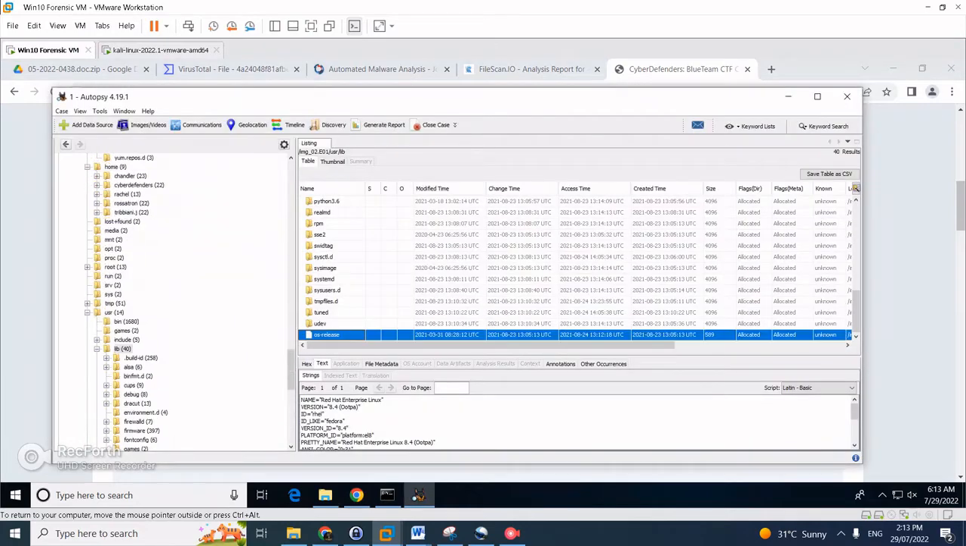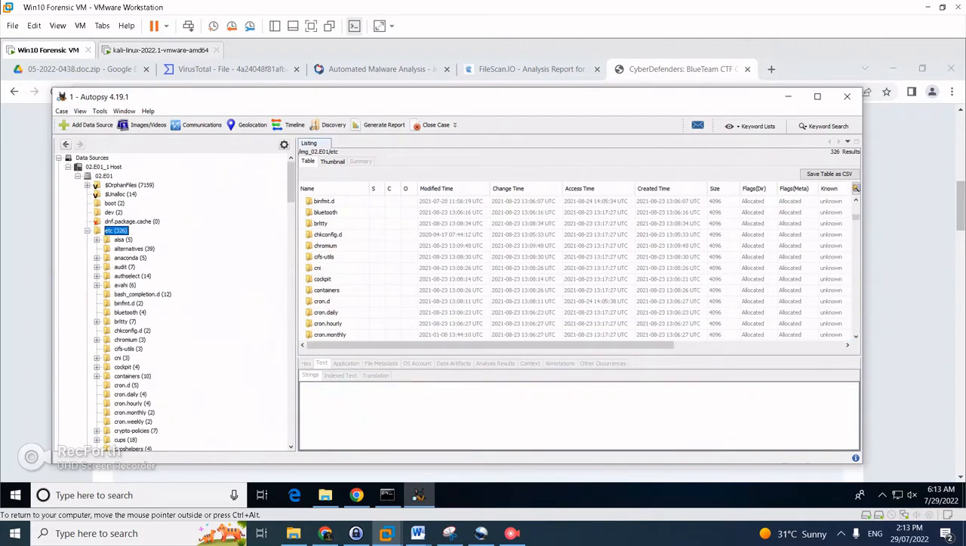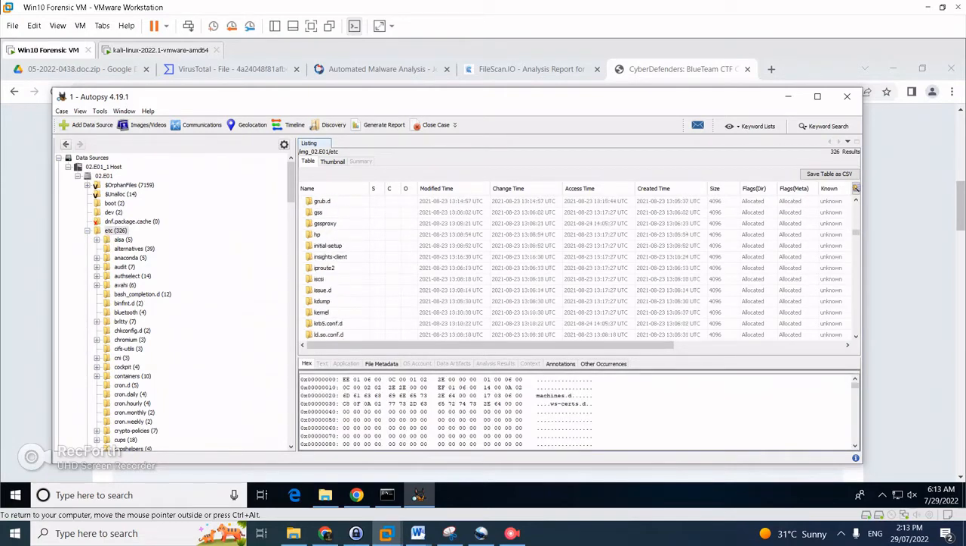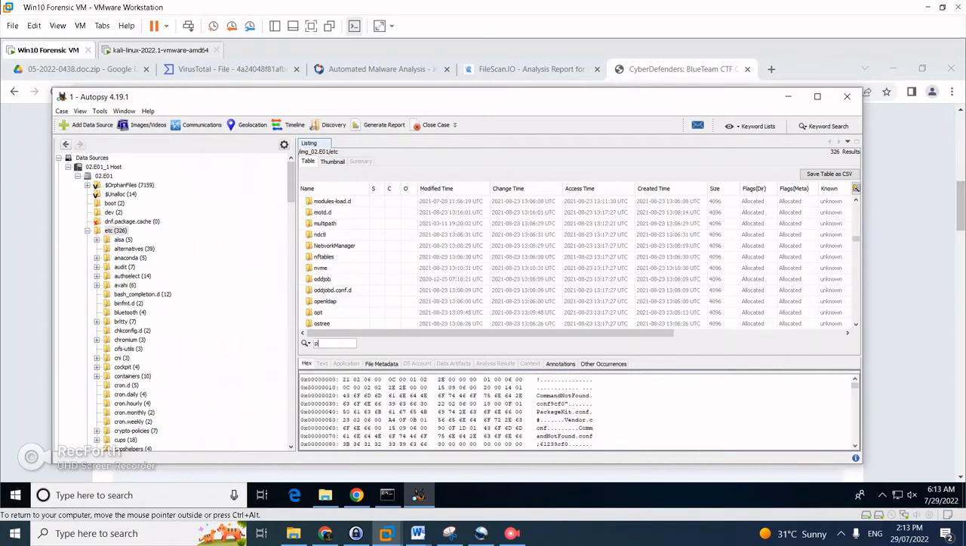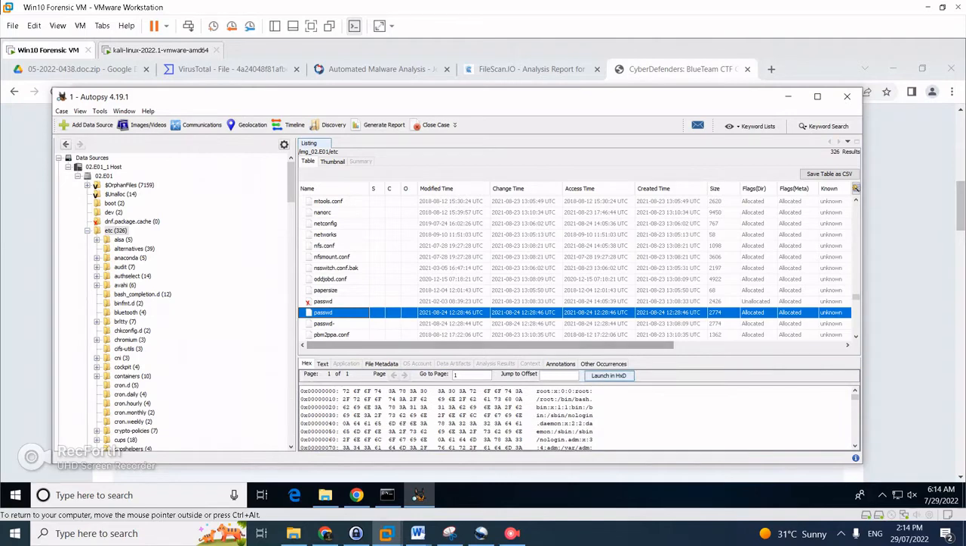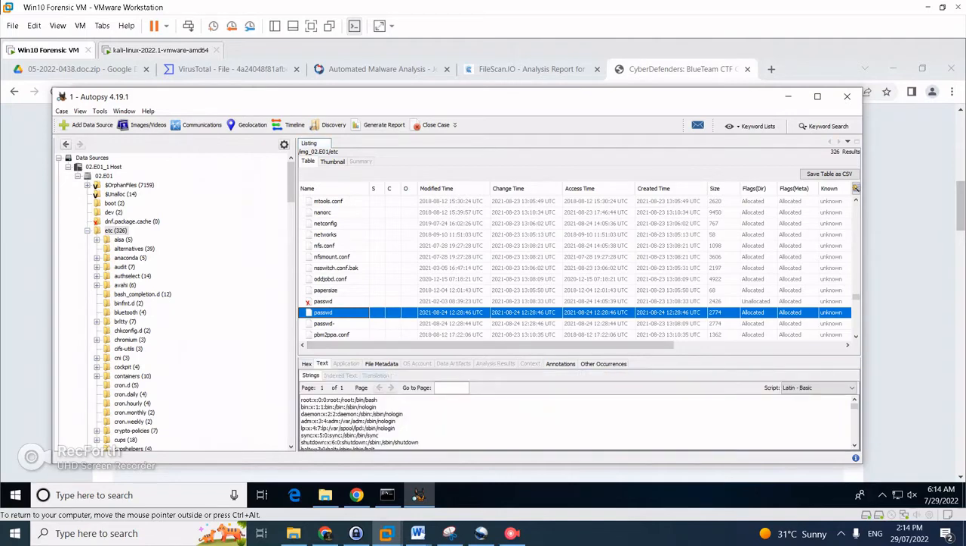Next, how many users have a login shell? For this one, we will investigate the etc folder again. If you are familiar with Linux, the users can be found in the etc/passwd file. That's where the users are defined. So we're looking for